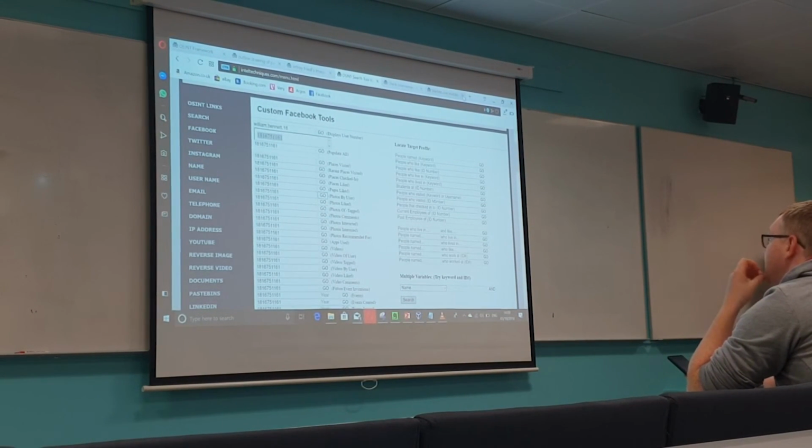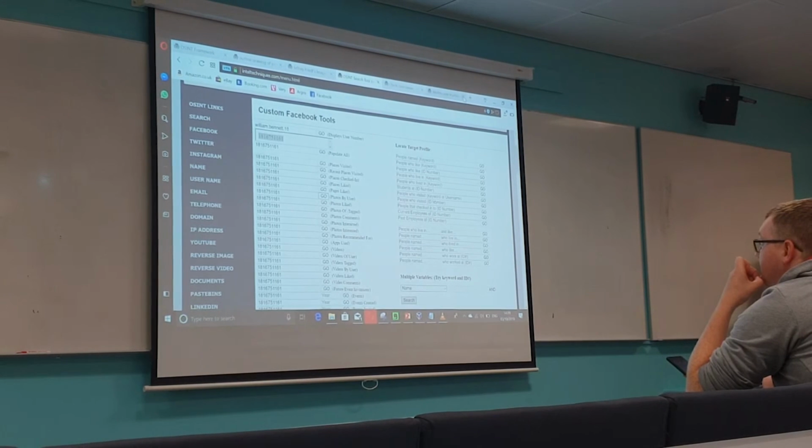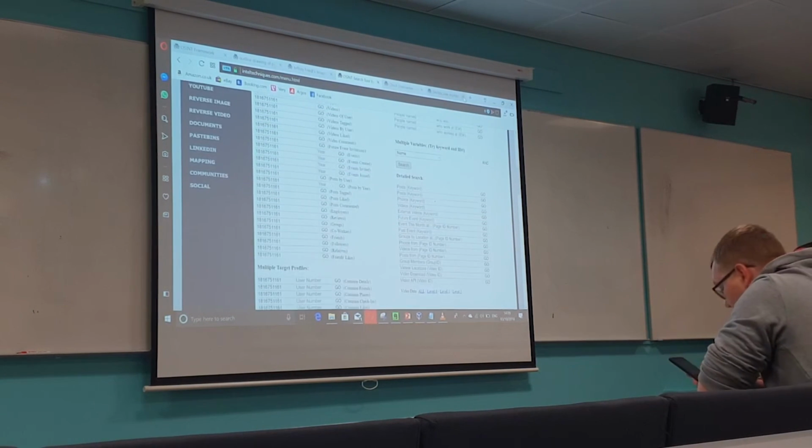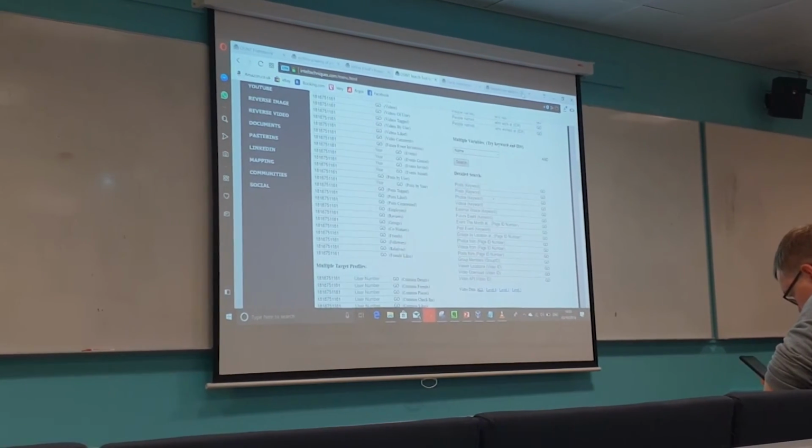So if you find that, you get the user ID number, you can search any information on their Facebook, any useful information, using this. So if they're in groups with people, who the friends are, if they're part of a company, you'll be able to see work photos, anything like that. It works for groups on Facebook. And then on this side,